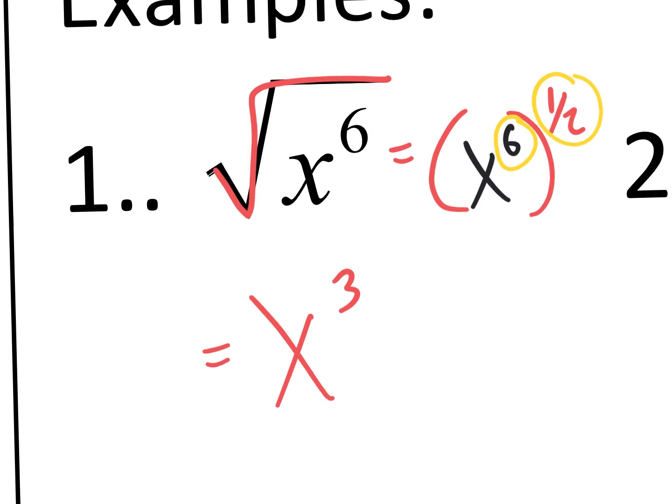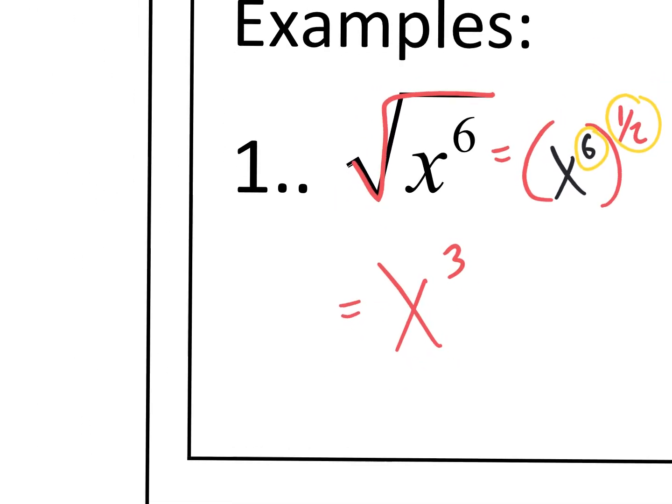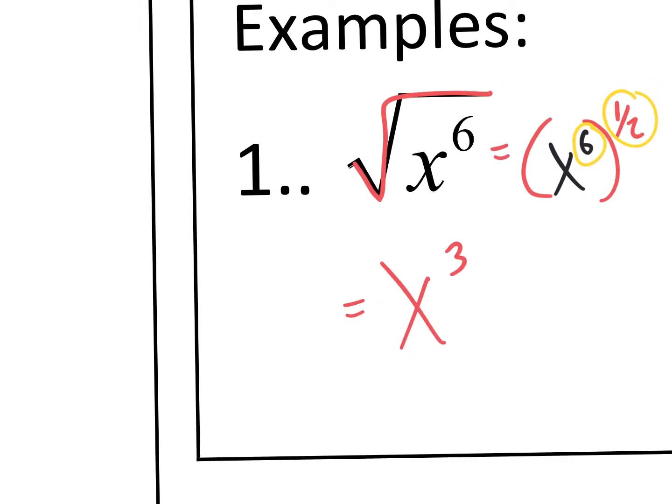Might as well, let's write that one down right here on the side. What if I had the third root instead of the square root of x to the 6th? What's the answer then going to be? X squared. That's right. Okay, and if you wanted to show your work, you could rewrite your third root as